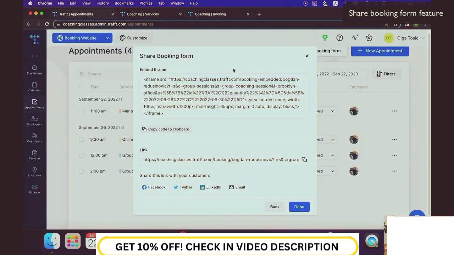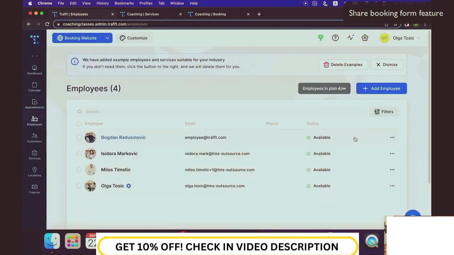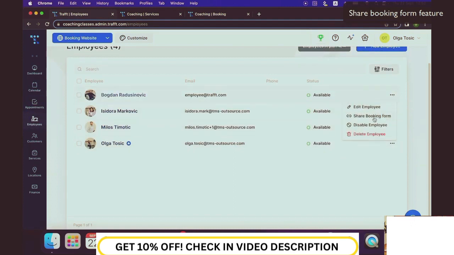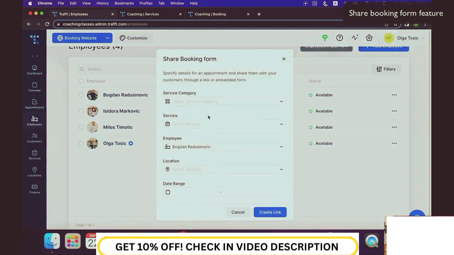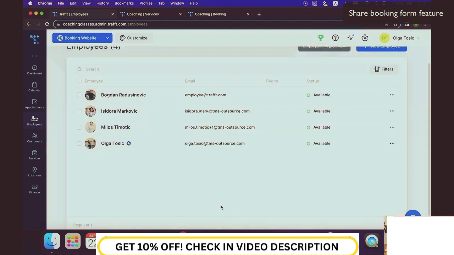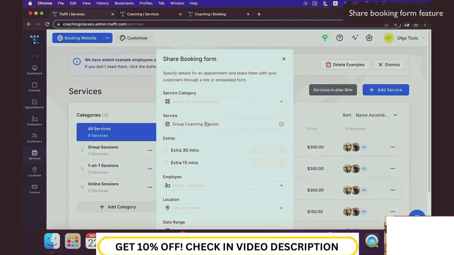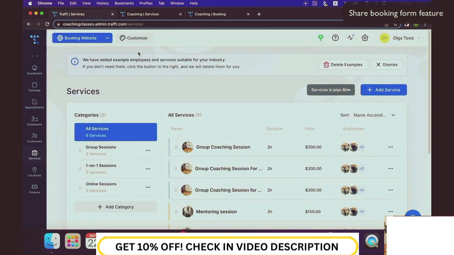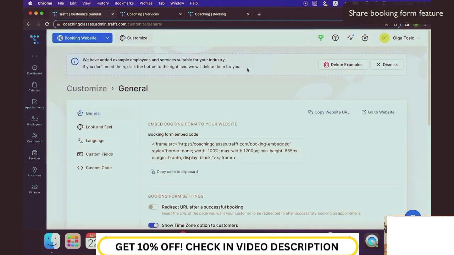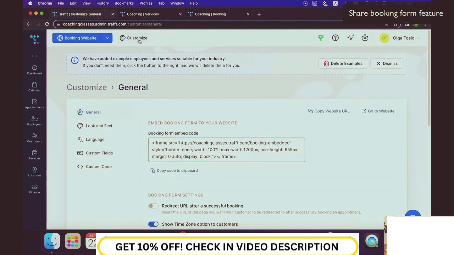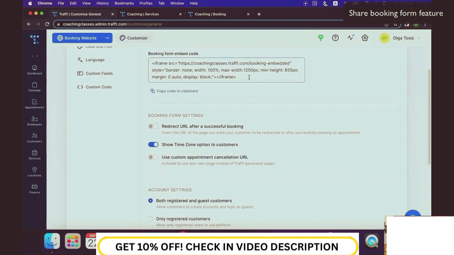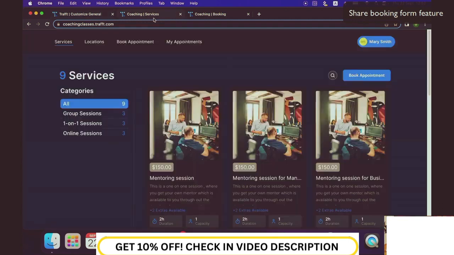Okay. And you can also, of course, get this link specifically for an employee. If you just go on the three dots next to any employee, you can select a form specific to them, and also do the same for a specific service. And similarly to the share appointment, how you can embed it, you can use on the customize page on the general settings. You have the general iframe, so for the whole booking website, for the whole booking form, actually. If you just copy the code, you will be